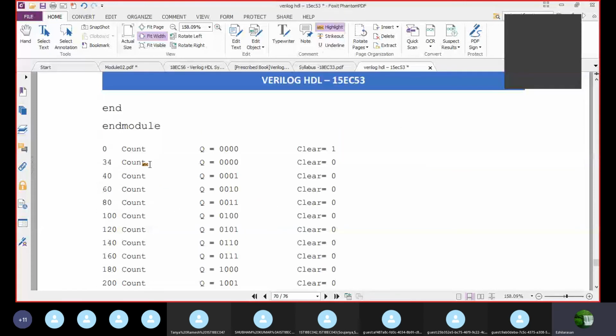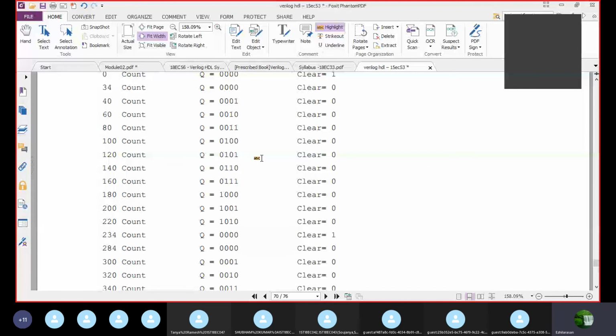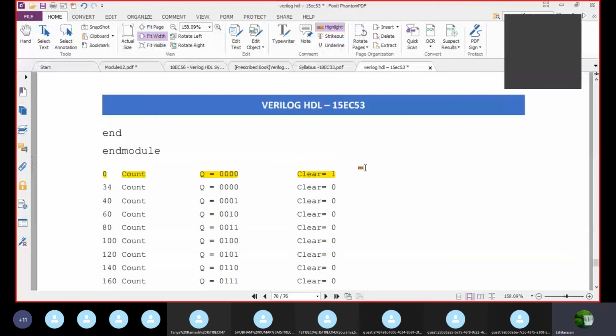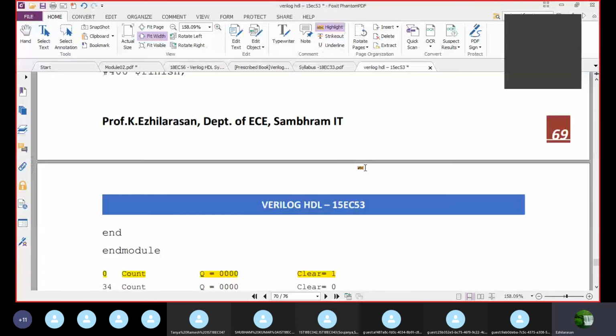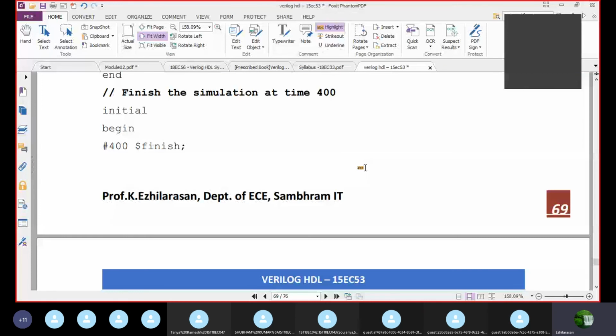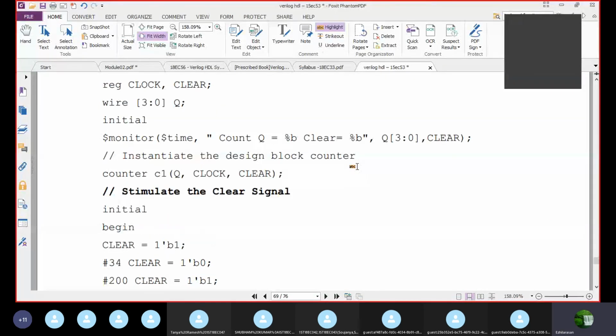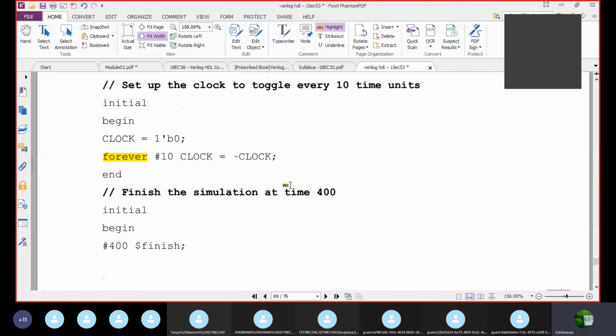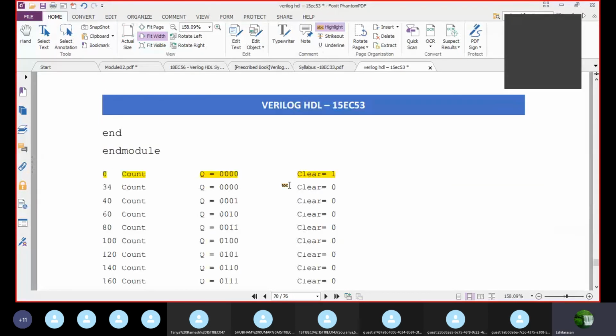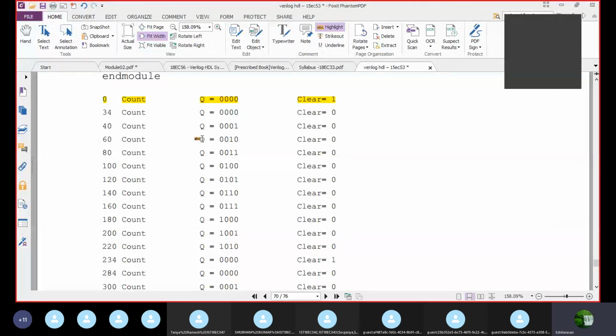So this is the output it will produce, how the output will be displayed like this, in the sense you might have written in the program here. See, monitor. You have to do monitor. Very, very important. So $time. Every current simulation time the count will be displayed because sometimes the parameter may change. Q and clear. See, when clear is 1, the counter is cleared. When clear is 0, the counter starts to count. So it will go like this. This is nothing but the 4-bit ripple carry counter.